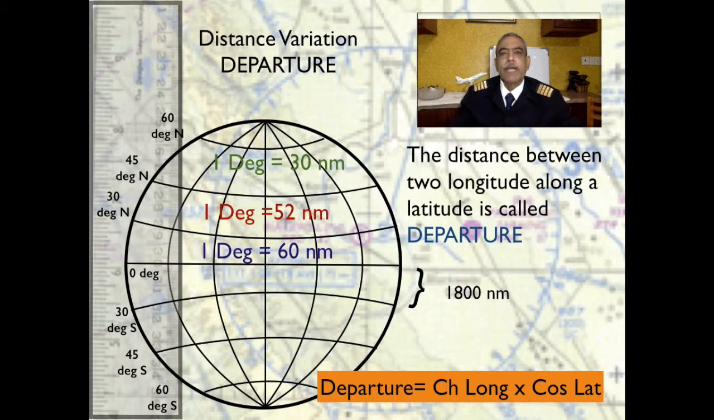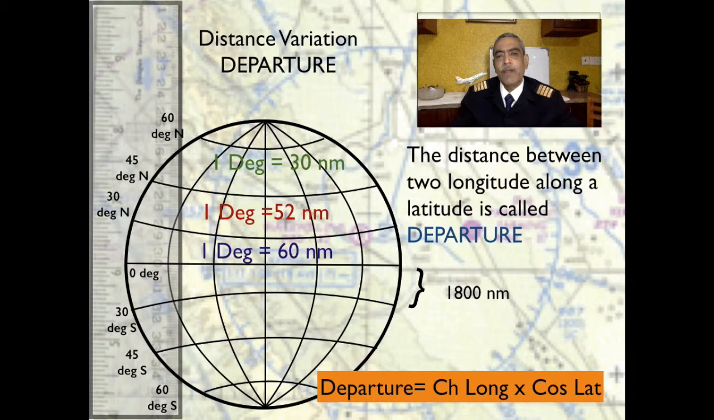Terminology called departure. What is departure? The distance between two longitudes along a latitude is called departure. We learned that the distance when measured along a latitude remains uniform, but when the distance between two longitudes is measured along a latitude, it varies because of the curvature of the earth, which tapers at the